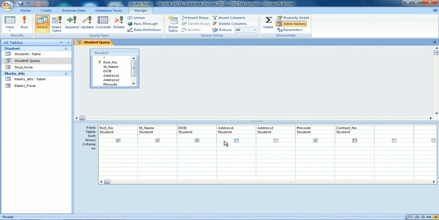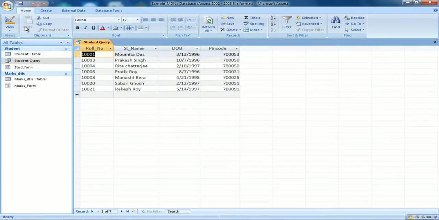So I have removed address 1, address 2 and contact number. Now I click on run. You see, all those field names have gone. So you can select certain fields and deselect certain fields. These 3 fields I have not selected, so only these records are retrieved. So I can specify certain criteria, and accordingly I can retrieve the records.